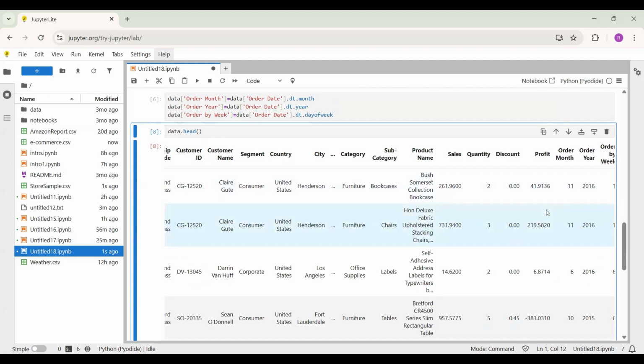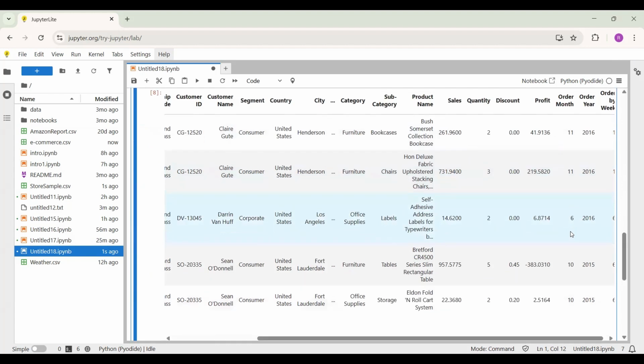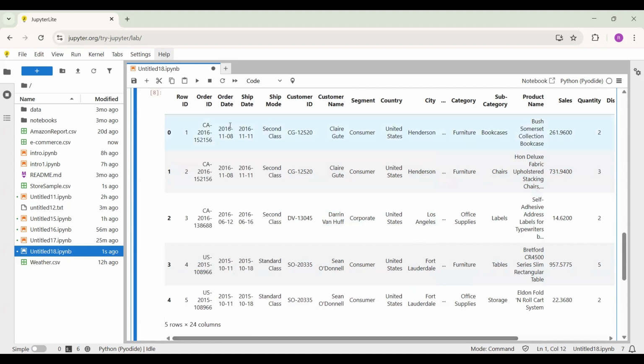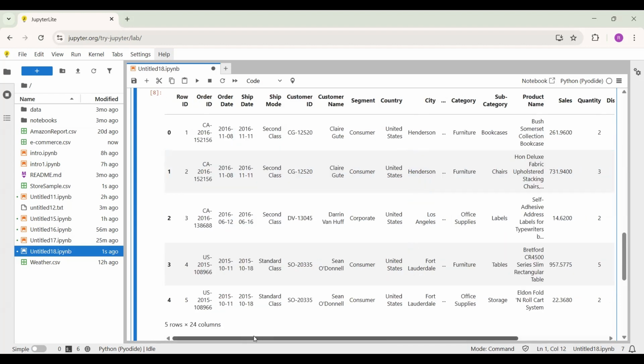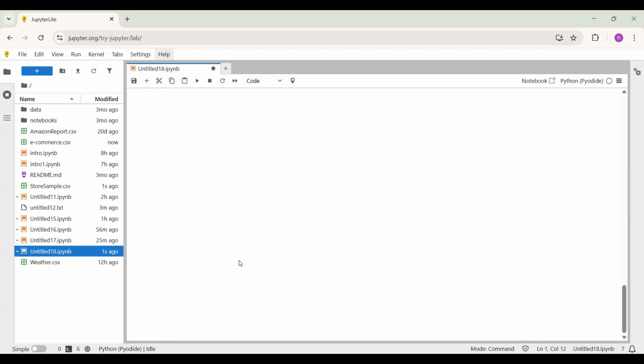These 3 are here. Now, what's the beauty here? Order month, it gives all the months here. So from this data, like the order date 2016 11/08, from here it takes the month out, year out, and week. It's the first week data. Because basically it comes inside the first week, it's taking the first week data. So based on weeks, it's taking the week data out. And what I've used here is